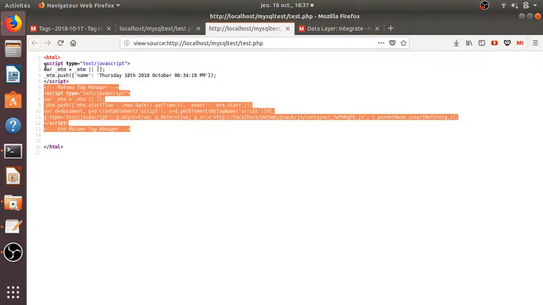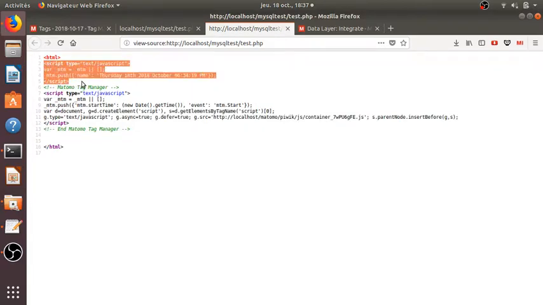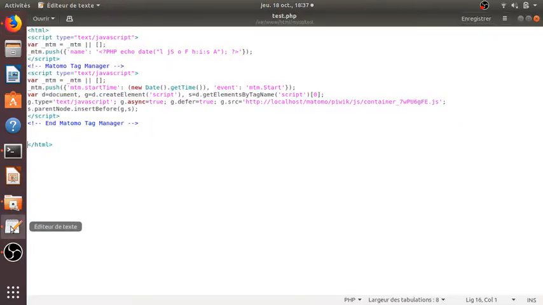And here I have my data layer, which is already filled in with one piece of data. I'm going to show you the code because, of course, you can hard code the data layer, but that's not the case for me. If I look at my source code, I include within the data layer a PHP function in order to grab the current date.